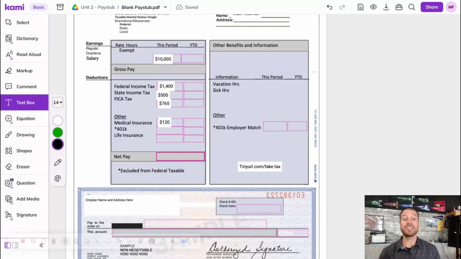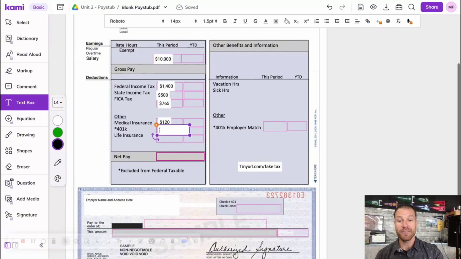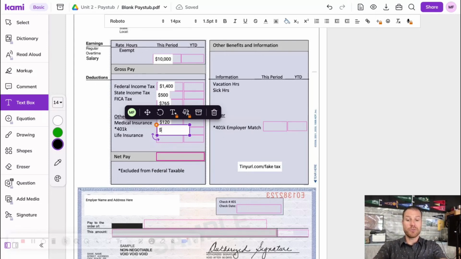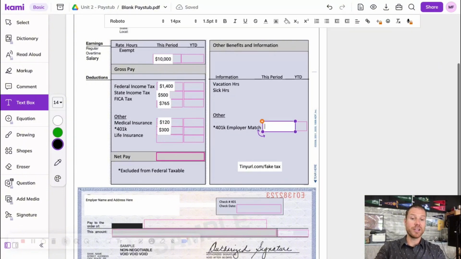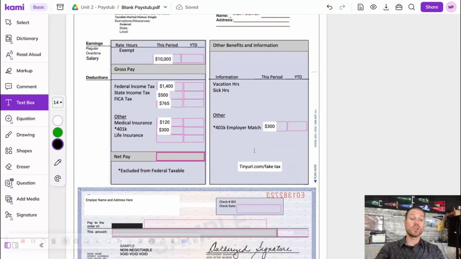For a 401k, if your employer is offering a 401k contribution, you definitely want to make sure that you are maxing out that employee contribution match. So in this case, let's say that we're putting in 3% of our gross monthly income into the 401k. I'm going to put in my 3%, which would be $300 of $10,000. And because my employer is matching it, over here on the right column, in the section that's not a deduction but rather just an addition to my 401k account, I'm also going to put another $300. So the total going into my 401k is my 3% plus my employer's contribution of 3%, giving me 6% total,